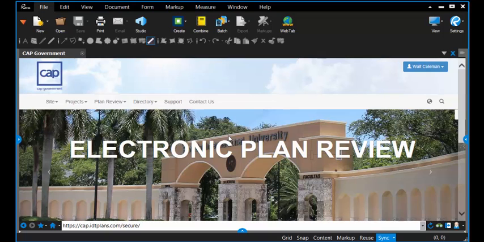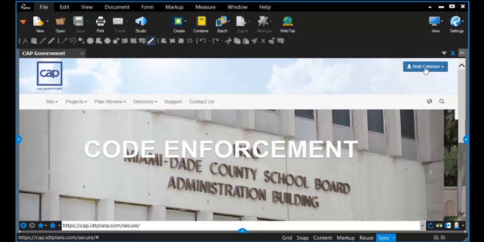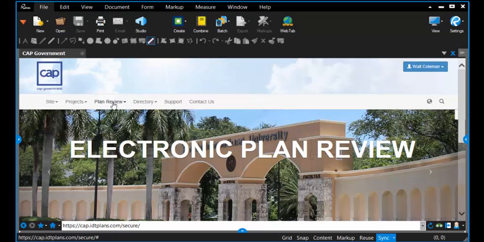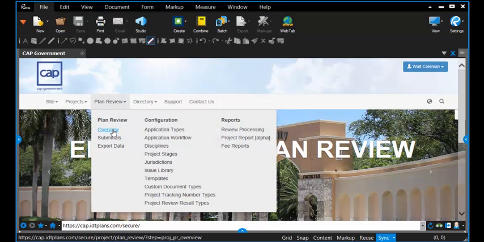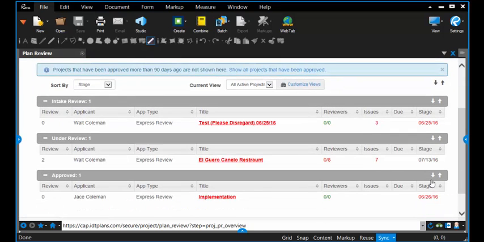So once we've accessed the online application, and we do that by clicking on File and bringing up a browser, then of course navigating to the EPR portal. Once logged in, and you know you're logged in successfully if your name is in blue and white in the upper right hand corner, the reviewer will go to Plan Review, Overview, expand the listing of projects, locate the project in question,